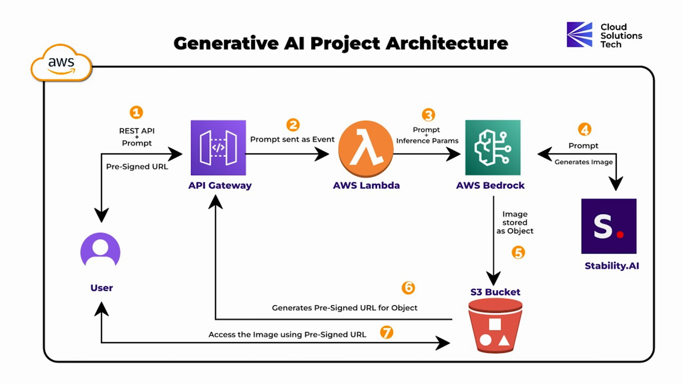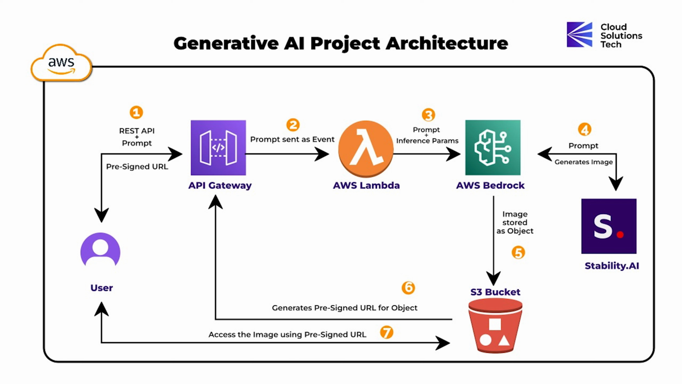By the end of this tutorial, you will see how easy it is to connect AI powered models like Stable Diffusion to your cloud infrastructure using Amazon Bedrock, Lambda, S3, and API Gateway. I'll walk you through setting up the infrastructure, writing the Lambda function, and testing everything. And by the end, you will see how to turn a simple text prompt into a powerful generative AI workflow